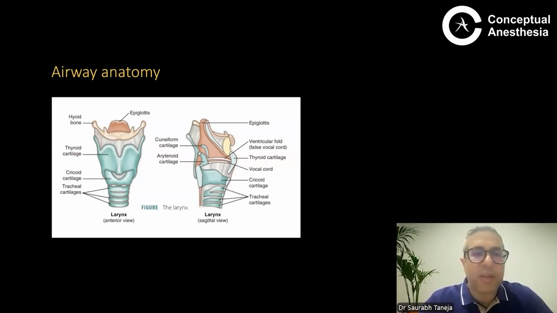How do we know the airway anatomy? We should know the cartilaginous structures firstly: the hyoid bone, thyroid cartilage and cricoid cartilage. And after the cricoid, we have the tracheal rings: the first tracheal ring, the second, third, and fourth. And the same is shown by